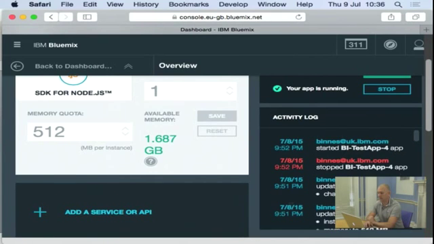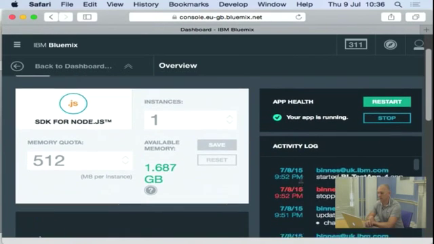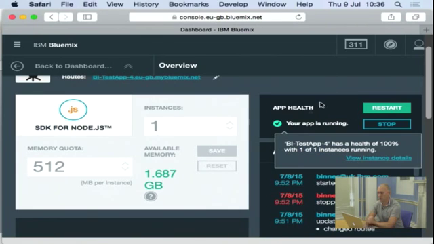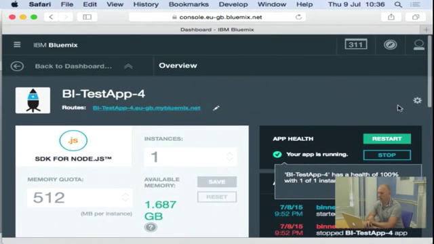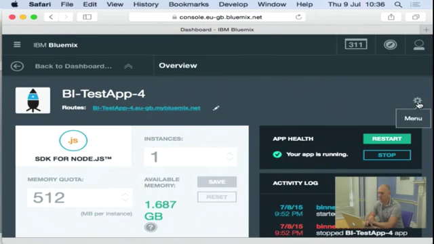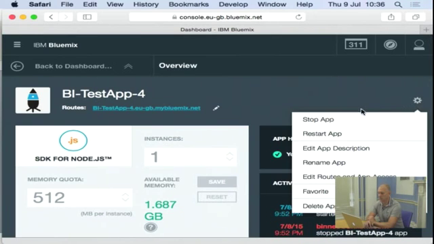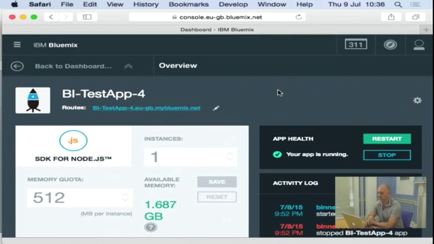I get a basic activity log here, and then the ability just to see what's going on with the application. I can configure it using this drop-down menu, so I can stop, restart, rename, and change the URL that it appears on the public internet, and I can also delete and clear up the application. If I come back to the dashboard,